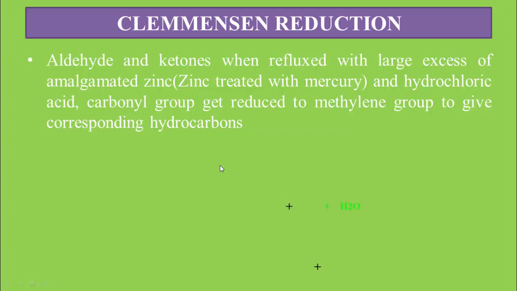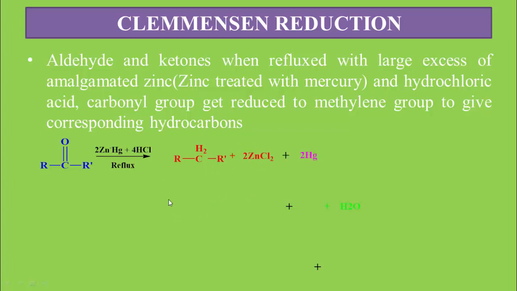In this reaction, the aldehydes and ketones are directly converted into hydrocarbons, and this reaction is known as the Clemmensen reduction. For example, suppose this is the aldehyde or ketone, or the carbonyl group, in a general reaction. Then when we heat it in the presence of Zn-Hg, the amalgamated zinc, in acidic condition, and reflux, it gets converted into the hydrocarbon along with the elimination of zinc